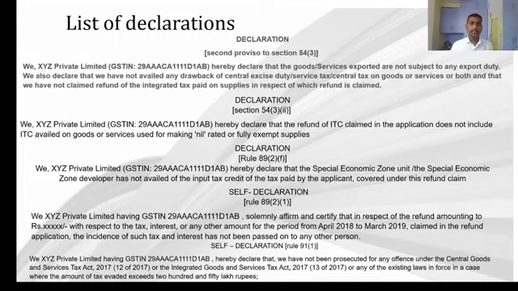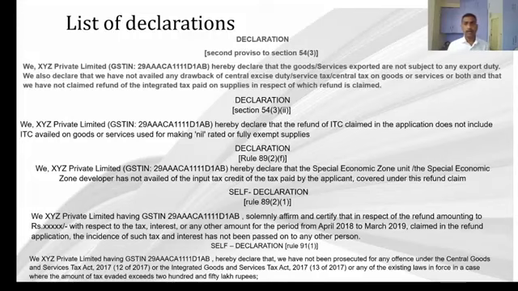And also there should be a self-declaration stating that we have not been prosecuted for any offense under the CGST or IGST Act or any other existing laws in force, where the amount of tax exceeds 2,50,000. So these are declarations which have to be provided along with the refund application with the signature of a director or an authorized representative or a proprietor or a partner of the firm, as the case may be, based on the model of the business, and this declaration has to be attached along with the refund application.